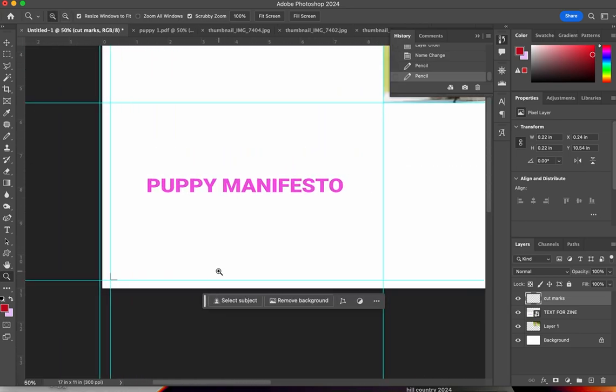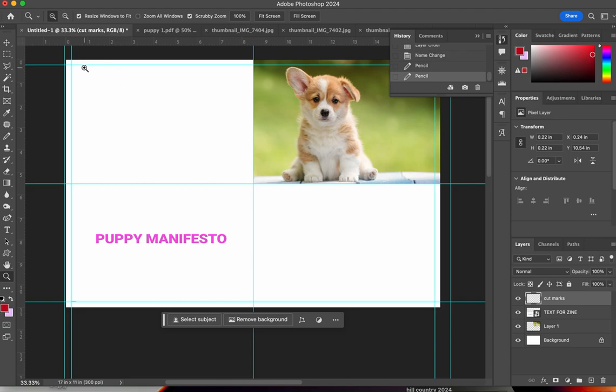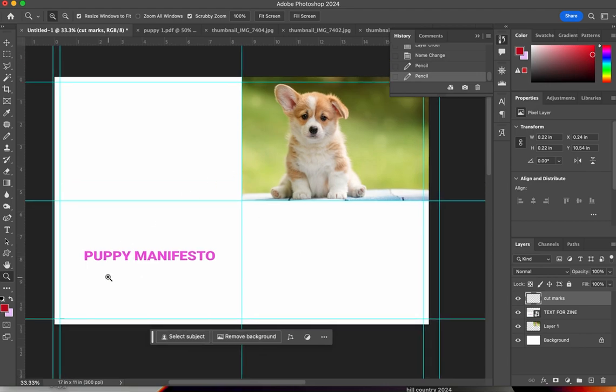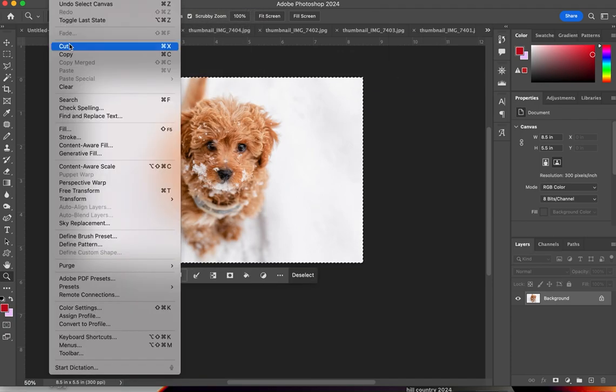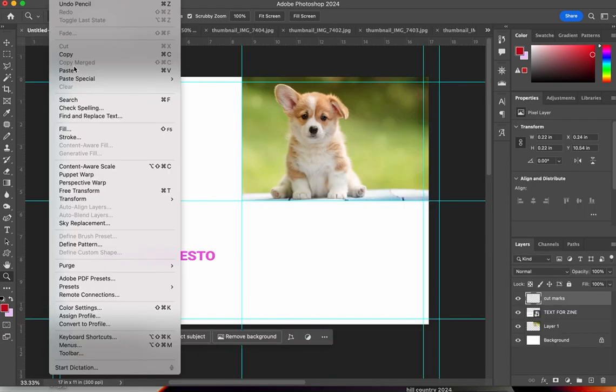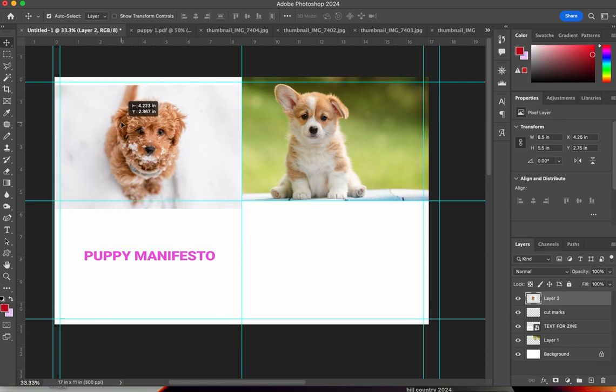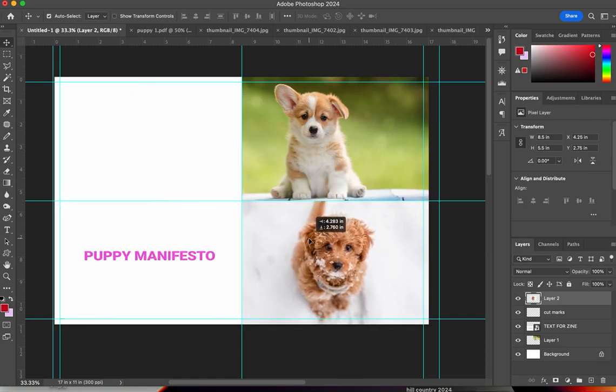And I'm going to do that on all 4 sides so that you're essentially cutting off your margin in an even, consistent way. And then what I can do, you saw I dragged and dropped the puppy manifesto text. I can decide if I want to bring in other puppy images. Select all of this one that I had resized earlier, go back to the document, edit and paste it. And I have flexibility of where I want to order it, like where do I want to put it on the canvas. And this is going to give you a lot more flexibility of how you create the layouts